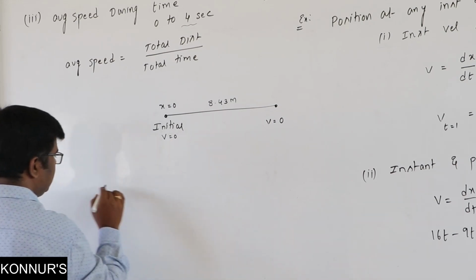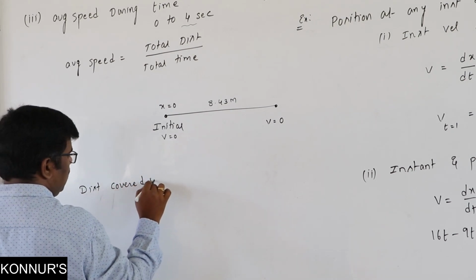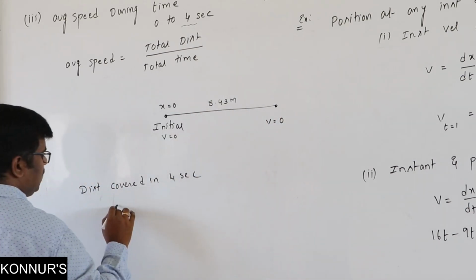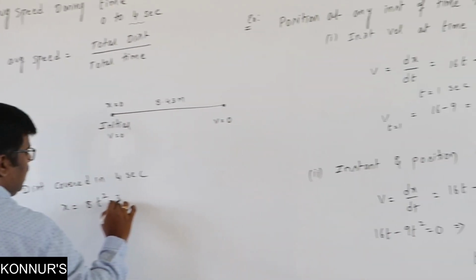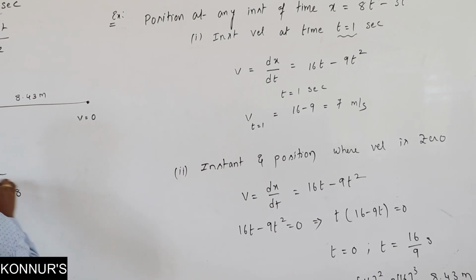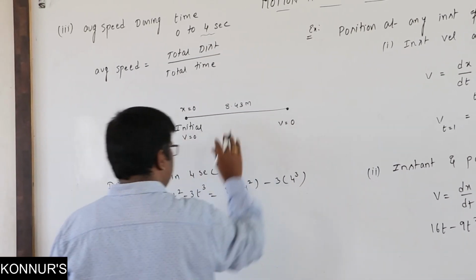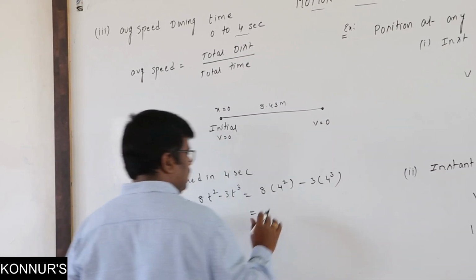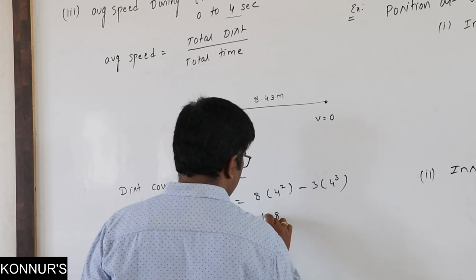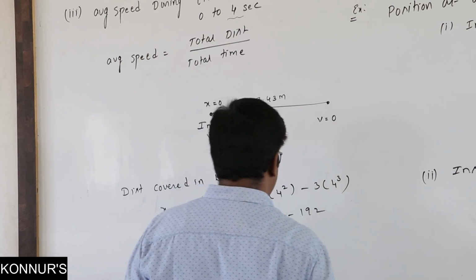So what you can write here is the distance covered in 4 seconds. We can find it by taking the expression x is equal to 8 t square minus 3 t cube. If you substitute 4 here, 8 times 4 square minus 3 times 4 cube. So after finding this, it is 128 minus 192, that is minus 64